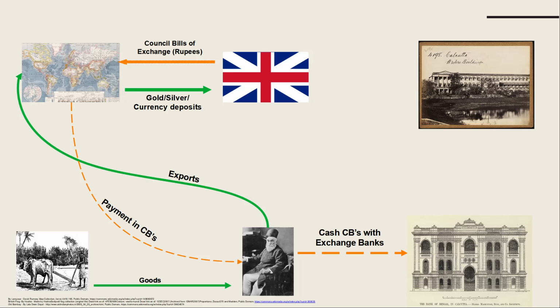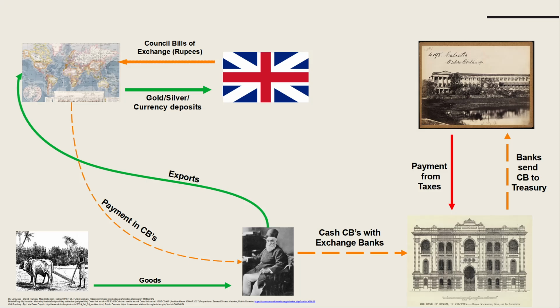Obviously, the exchange banks wouldn't give him cash straight away. First, they had to send the council bill to the treasury in India, in Calcutta and later Delhi, to get it redeemed in cash. Once the treasury confirmed everything was fine, they would pay. So this is where the interesting thing starts, and this is the old pattern. They would pay from the taxes collected in India.